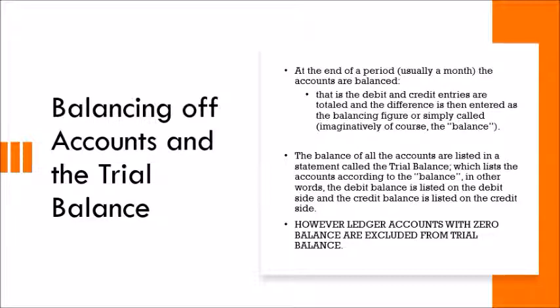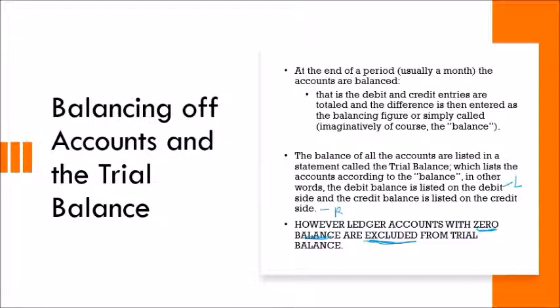In other words, the debit balance is listed on the debit side, which is the left side, the credit balance is listed on the credit side, which is the right side. Okay, left and right. However, a ledger account that has zero balance is excluded from the trial balance. Okay,